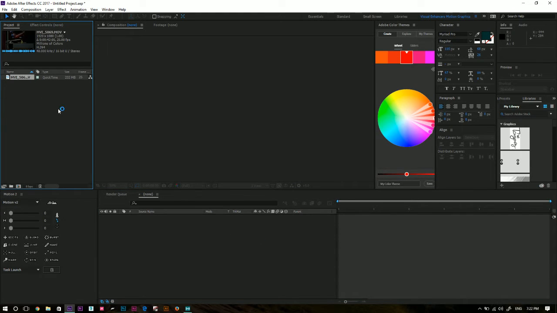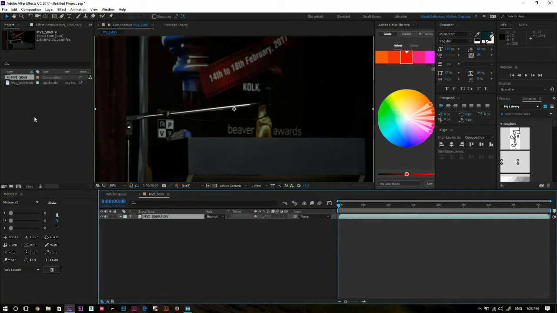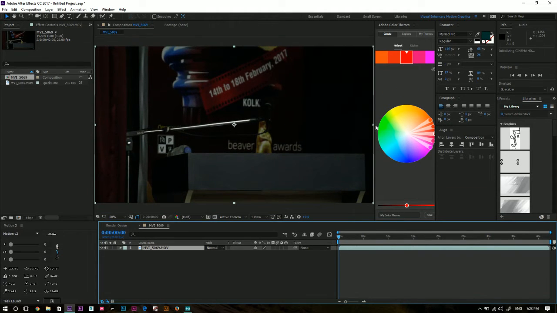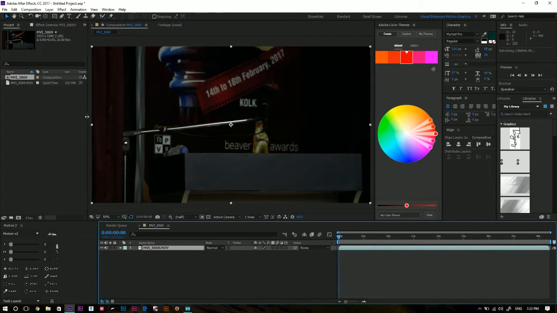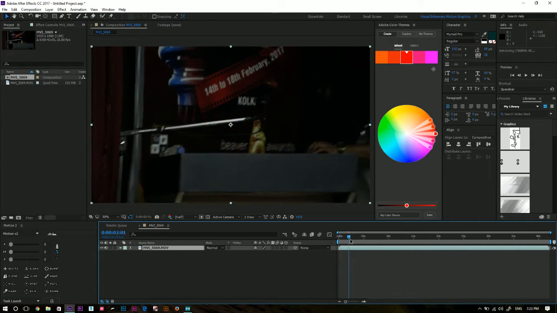So my footage is ready. Now I'll drag this down to the composition button, this film-looking colored button on the project panel, and leave it over there. This will create a composition with the same settings as your video. I'll rescale this according to my preference, and if I scrub through,